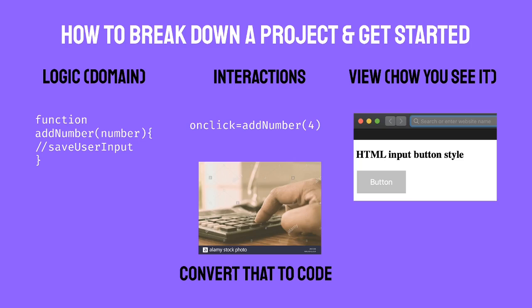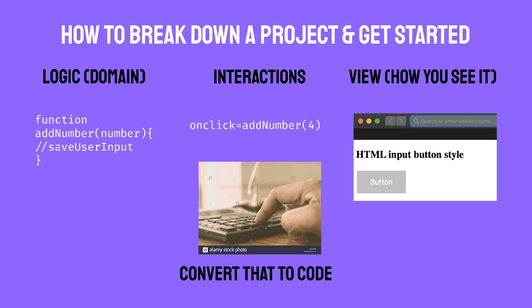So once we have that breakdown of how a user would use the app into those little areas, we can then start converting them into code, which I touched on just before. So the button, I've gone with the HTML button, and how do you attach a function or an interaction to a HTML button?